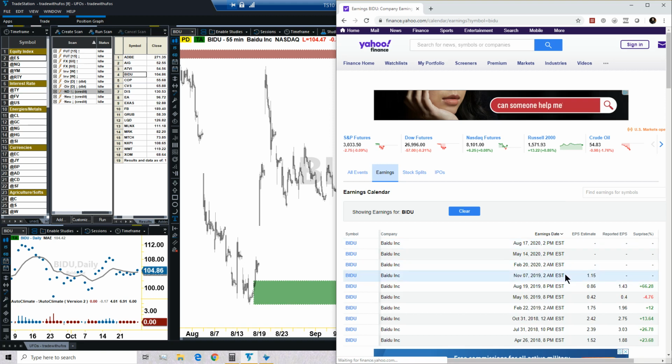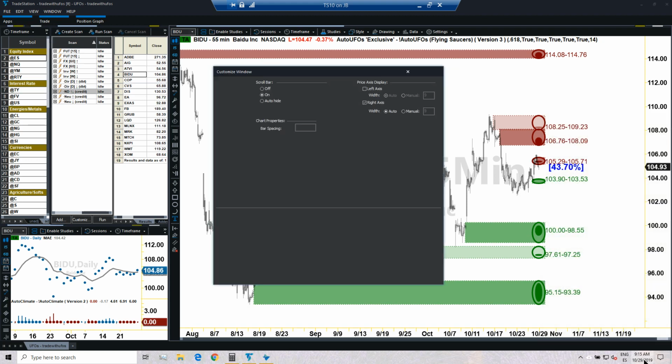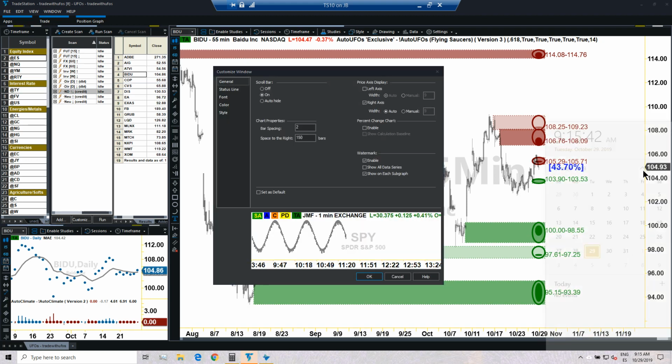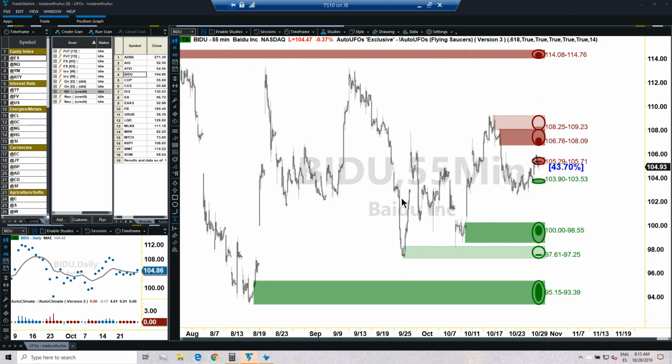So with Baidu, we need to be careful here, because November 7 is the earnings date, meaning that when looking at the calendar, November 7 is the earnings date, and therefore we will not be allowed to use November 8. We will need to use the prior expiration date, which is November 1st. Unless we have many UFOs very close by, I'm pretty positive it will not work.